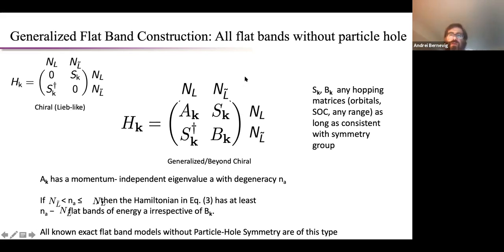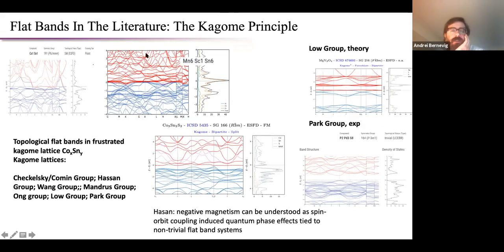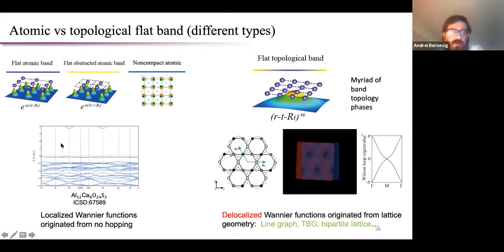There's a question from Martin: how do you identify which flat bands are atomic? Good question. Let me show you how to identify. Number one, you have the band structure, and its eigenvalues at high symmetry points. You first check that the eigenvalues at high symmetry points are those of an atomic band. If they're not, it's topological. But if you found a flat band and they are those of an atomic band, then it's compatible with an atomic limit.